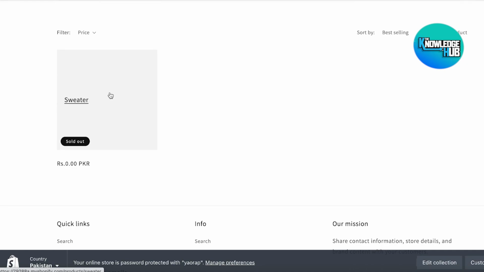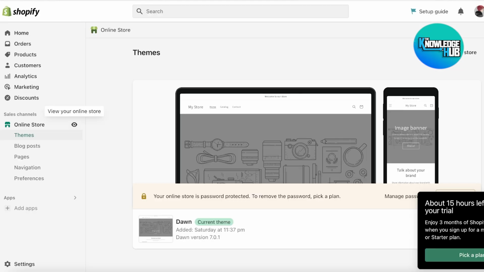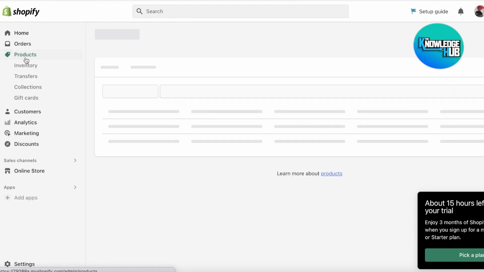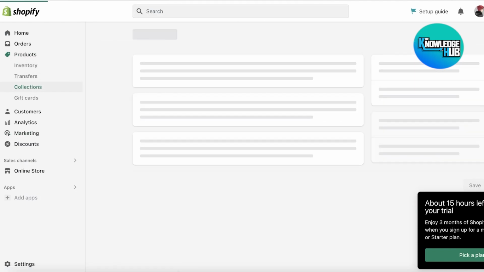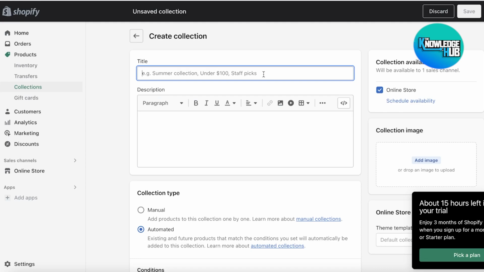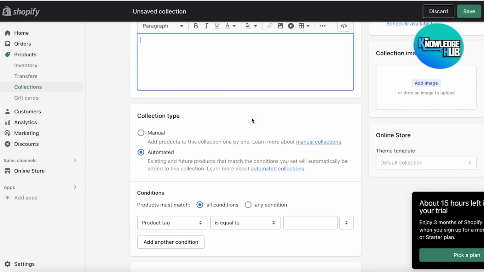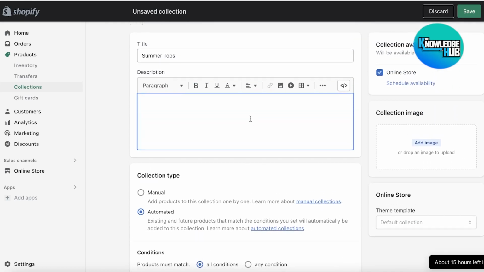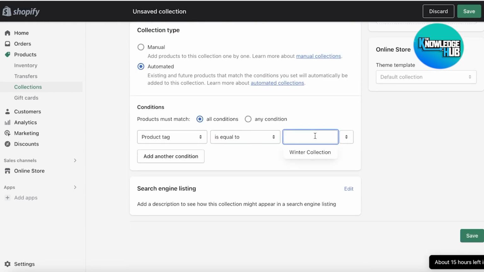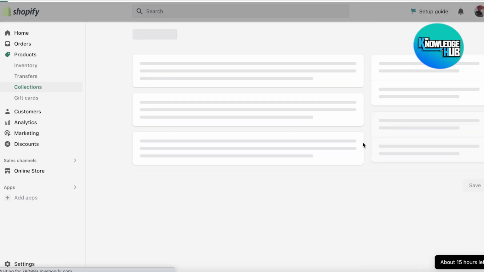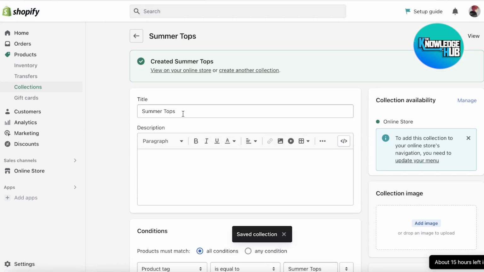Just to rewind with you guys, just to recap this, you can simply go into Shopify. You can do the first step first if you already have the collections in mind. You can simply go into product, go into collections, and then click on create collection. Let's say that the category that you want to create is summer tops. After that, you can add a description, and if you choose to make it a subcategory, do the same thing and just keep a very specific tag. So whenever an item is labeled as summer tops, it would be put in the summer tops